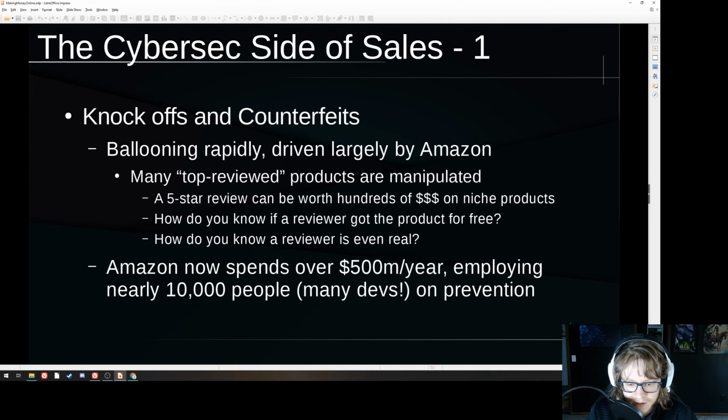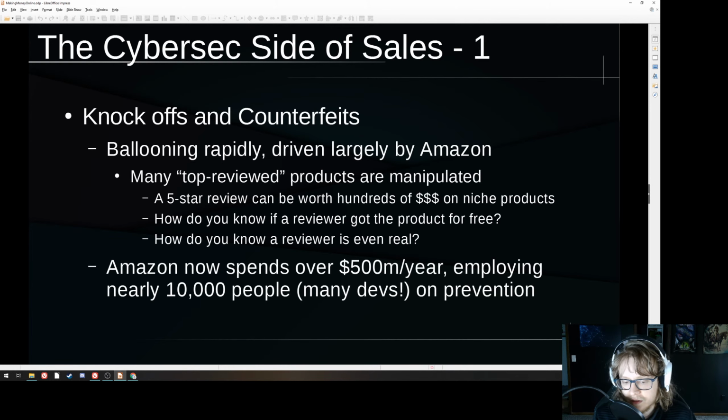But the number of people I know who routinely buy Amazon knockoffs is enormous. I mean, I pretty much don't know anybody who doesn't just buy Amazon knockoffs on a regular basis. Many of the top reviewed products on Amazon, anything that's indicated as Amazon's Choice, much of the stuff that has a lot of 5 stars, much of the stuff that has a lot of reviews, many of these products are manipulated in the sense that the seller pays people to leave reviews, and then they do, and then the product